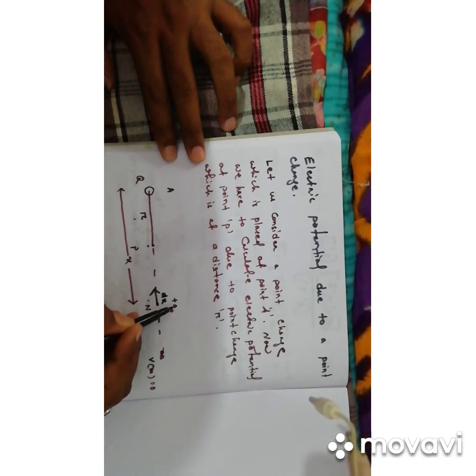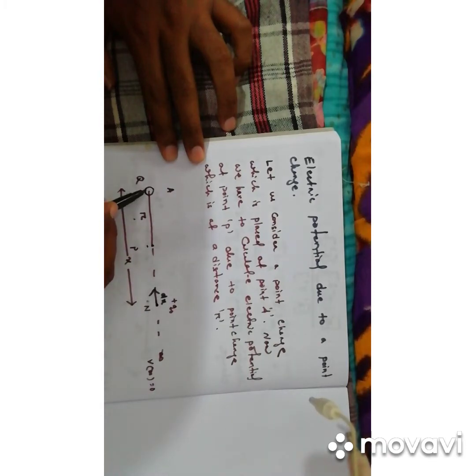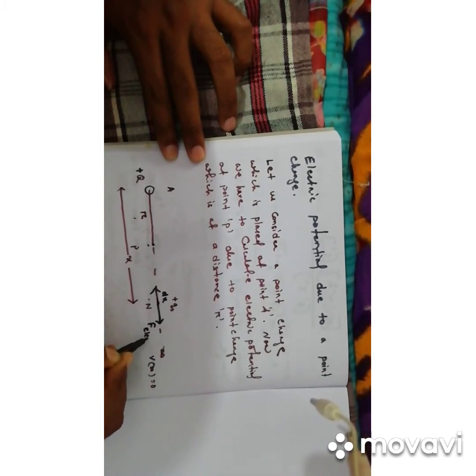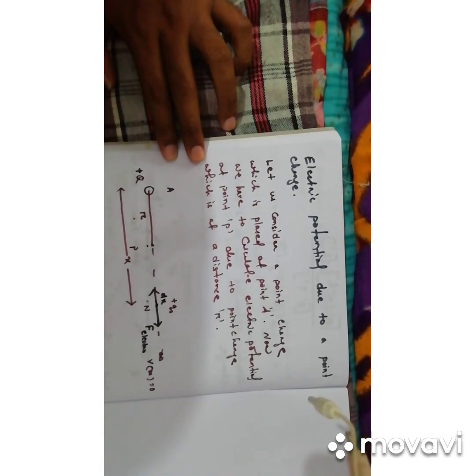Here the test charge present at point N experiences a force due to the source charge, which is positive in nature. So there is a force of repulsion, which is the electrostatic force, against the external force exerted on the test charge, so that the test charge moves through a small displacement dx in the opposite direction. Clear? So that is the electrostatic force F.